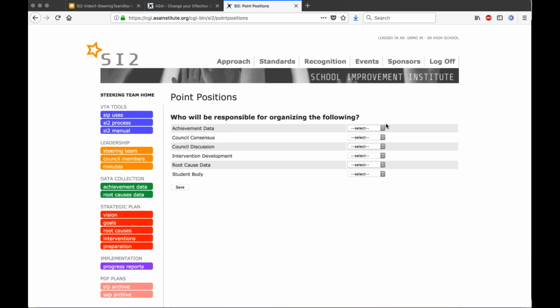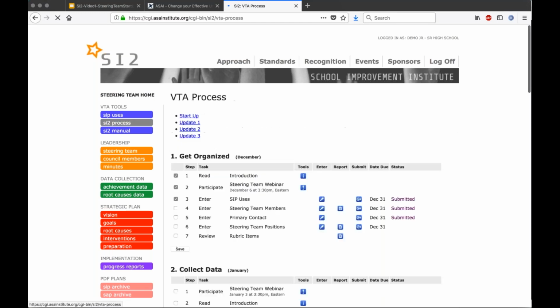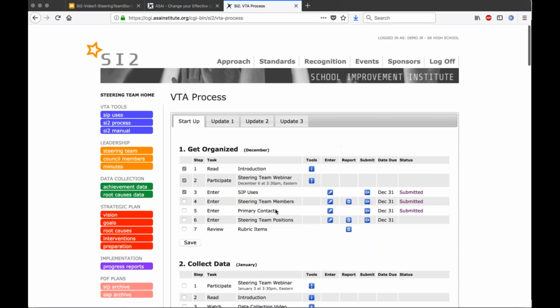So we give you the 6 positions, and you're just going to check or select the person for each position. Again, you really want to divvy up those tasks and make sure each of your steering team members has been assigned to one of the responsibilities. So save that, and back to the process. I didn't finish that, so I'm not going to submit it yet because I know I'm not done.